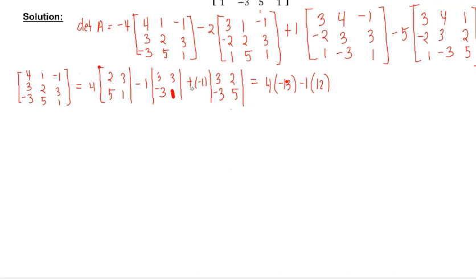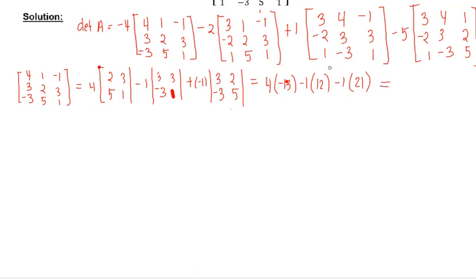Then plus negative 1, so that is minus 1 times, that is 15. If we multiply this downward diagonal, that is 15, minus negative 3 times 2, that is negative 6. So 15 minus negative 6, that is positive 21. So solving this,